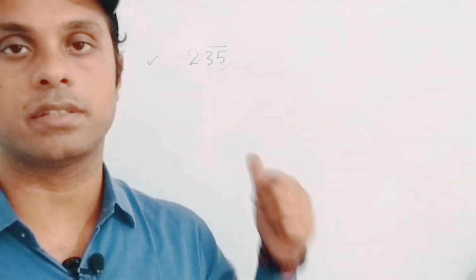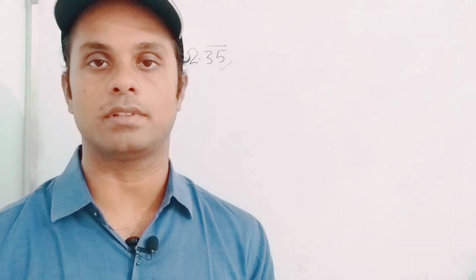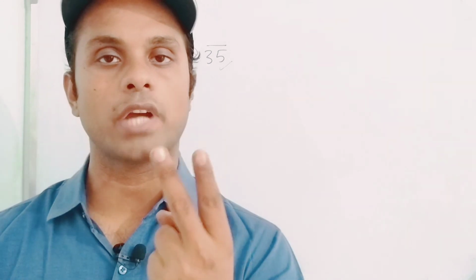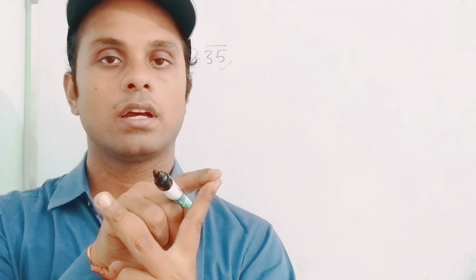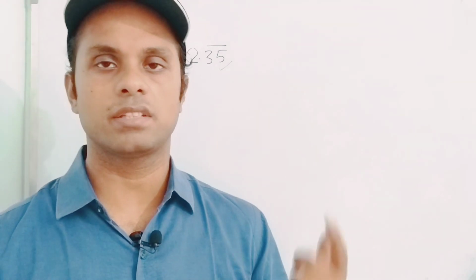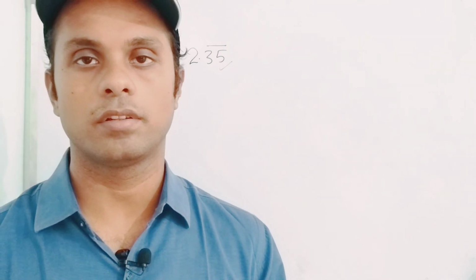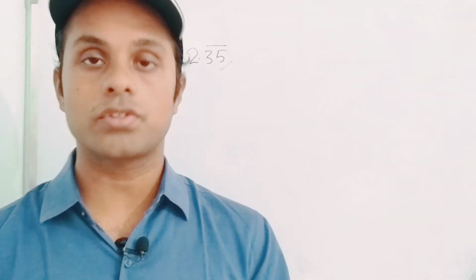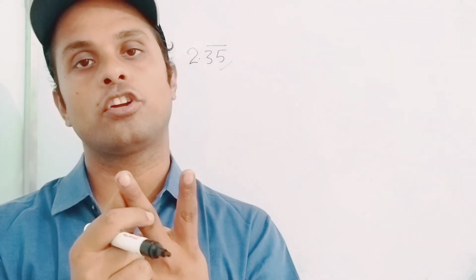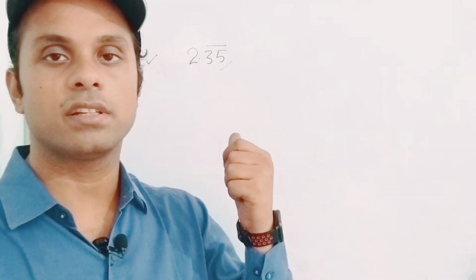Some students say that this is recurring, this is a repeating decimal, but you know very well that repeating decimals are also called terminating. So we have to divide such kind of questions only into two categories, whether it's terminating or non-terminating. There is no use saying this is repeating and all. That is not necessary here. Just divide the question into two categories, whether it is terminating or non-terminating. So what do you say? What is this? This is a terminating decimal.